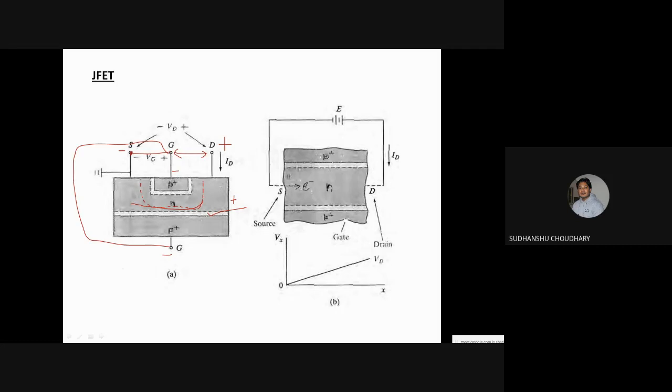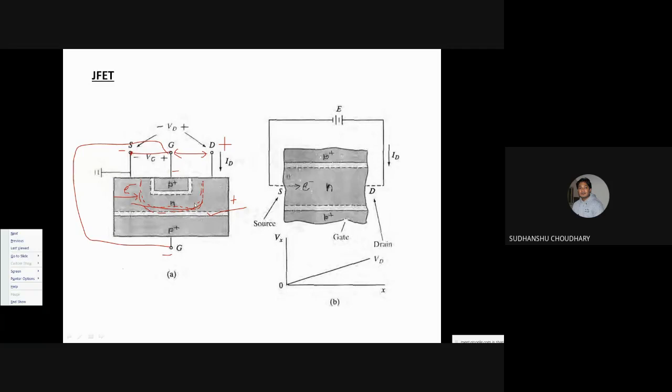Maybe a point will come when the entire channel, that is this region, will be covered by a depletion region. So when the entire channel is covered by the depletion region, how will the electrons which were trying to move to the drain move now? That is an important concern, right? In fact, you have now somehow blocked or restricted the amount of electrons being collected at the drain because of this depletion region.